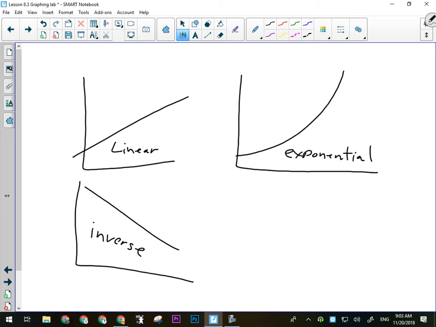Okay, this is an inverse relationship. As the manipulated variable increases, the responding variable decreases. Okay, it's inverse, but it's also linear. This would be like a positive linear. This is an inverse linear. Okay, and then there is